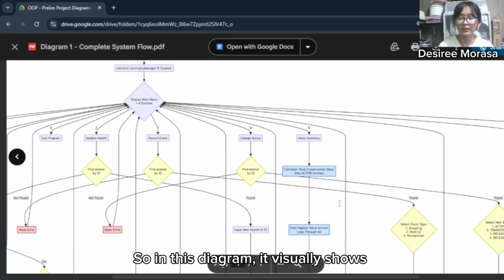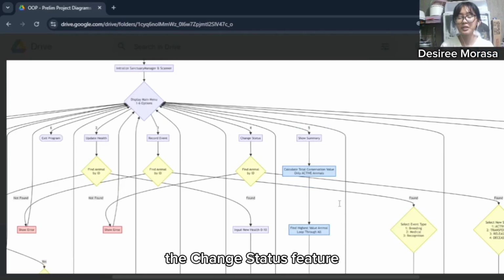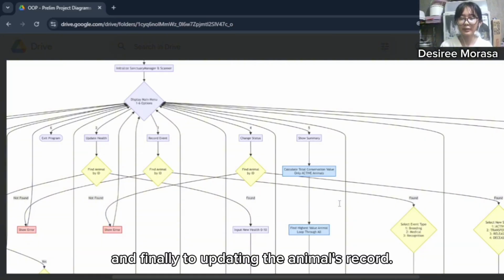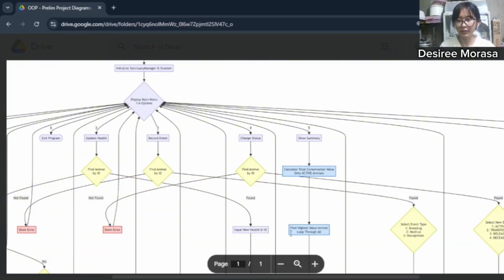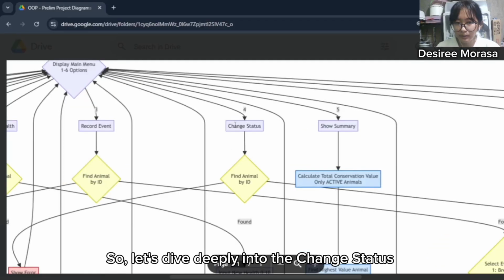So in this diagram, it visually shows the change status feature from user input to status selection and finally to updating the animal's record. So let's dive deeply into the change status.